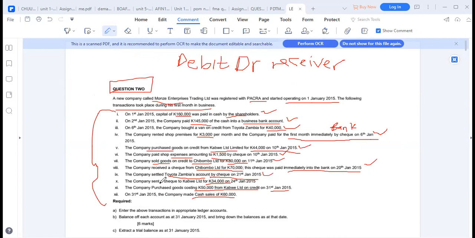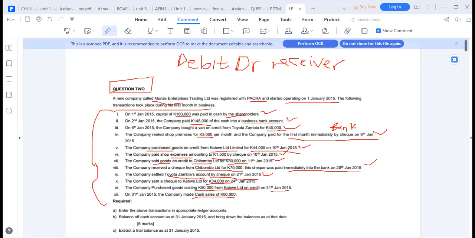So the company sent a check to Carway. The Carway, we are supposed to know who these guys are. We bought goods on credit from these guys. They were suppliers. We bought goods on credit from them on that date, on 10th January 2015. So the accounting treatment should be that we